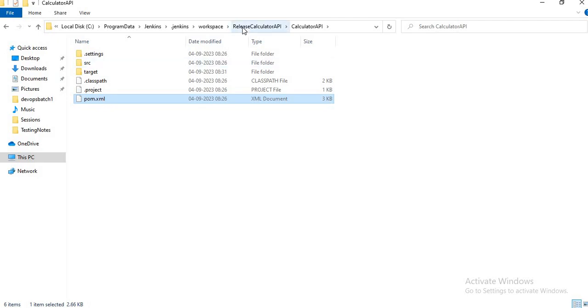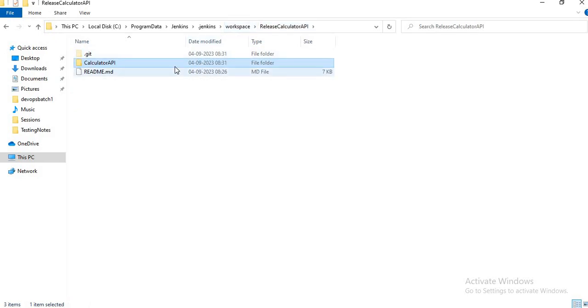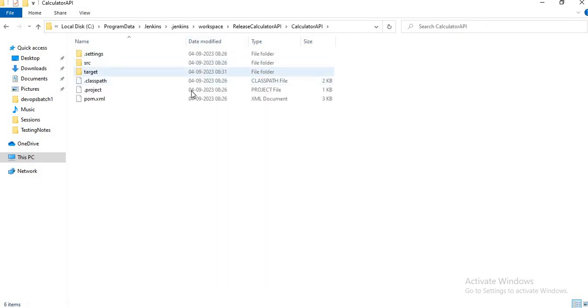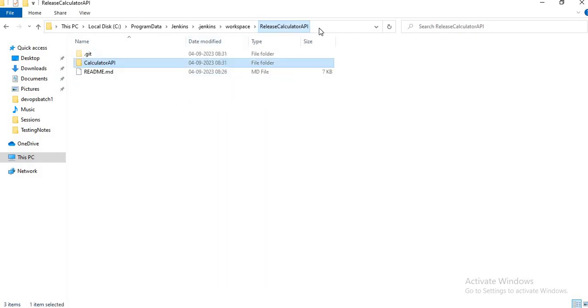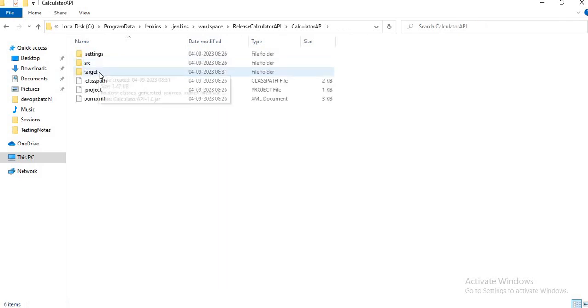When I had not provided that location, Jenkins executed Maven from the workspace location itself, and that's why it gave us the error related to the POM-XML. But then I provided a path relative to this directory: calculator API /pom.xml, that is what I had provided. Let's go inside this. Let's check out the target folder.